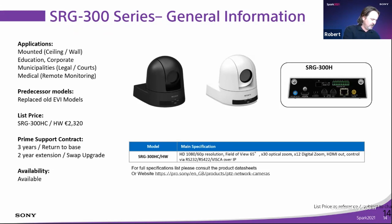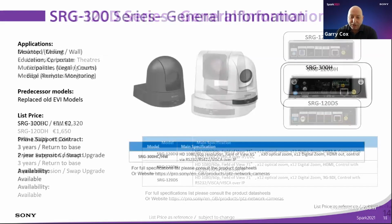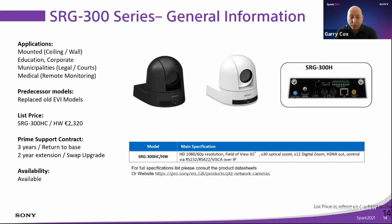Okay, I think if I may, Rob, I'll just add something. On both the 300H model that you see here and the preceding camera models, the 120D, DU, DH and DS, you can see they have a network connection, which is fine. But just to clarify, this is for video camera control. This is for the VISCA over IP protocol control. These cameras do not have